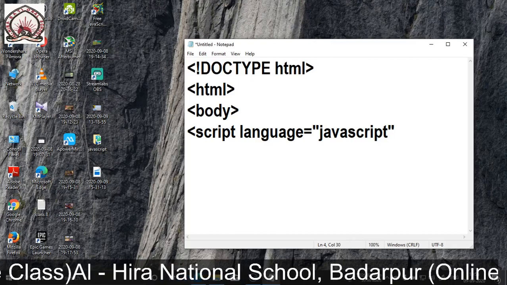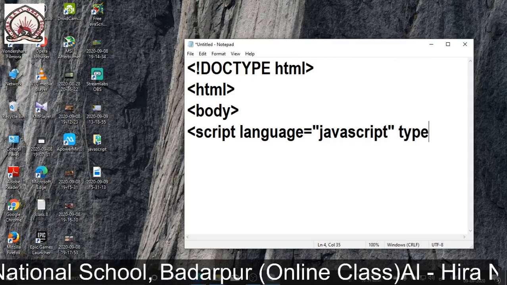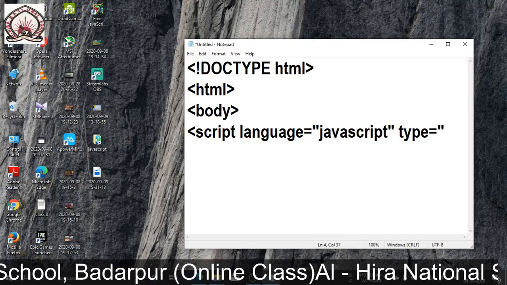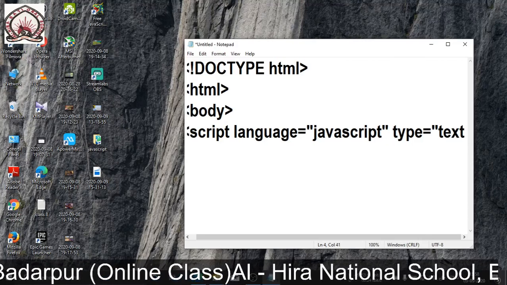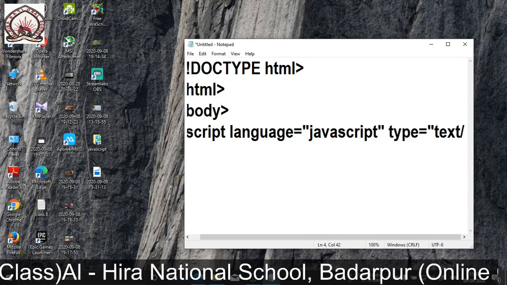You have to close the double quotes, then giving a space, you have to write type is equal to, within double quotes, because these are mandatory. These 4 lines we have to write, these are mandatory.